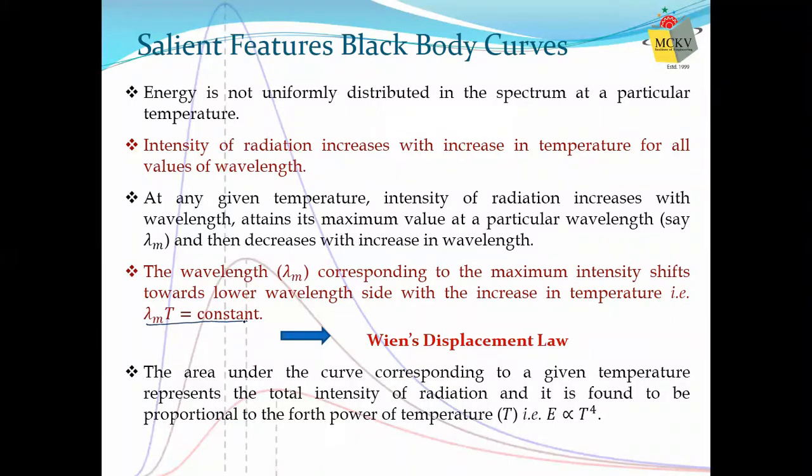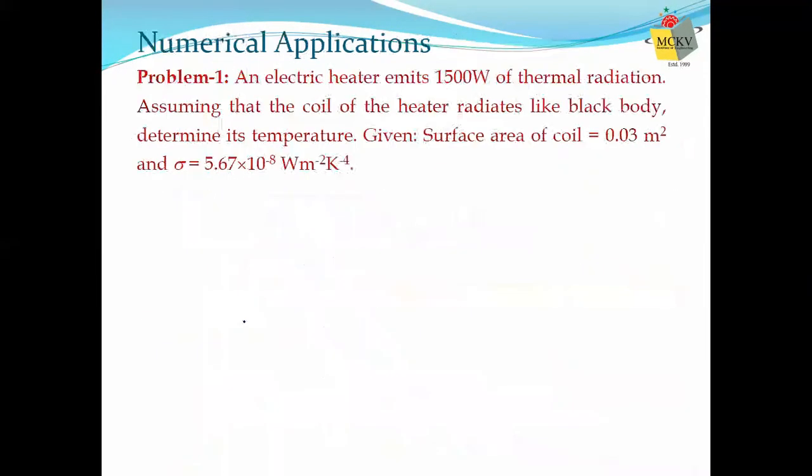The total intensity of radiation at a given temperature can be estimated by the total area under the curve, and it is found to be proportional to the fourth power of temperature. That is, if I say total intensity of radiation for all wavelengths is E, then E is proportional to T to the power 4. T is kept in Kelvin, and we call it the Stefan-Boltzmann law. So if we try to do some numericals with these two formulas, we have,